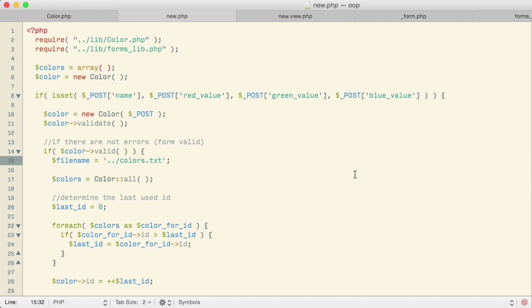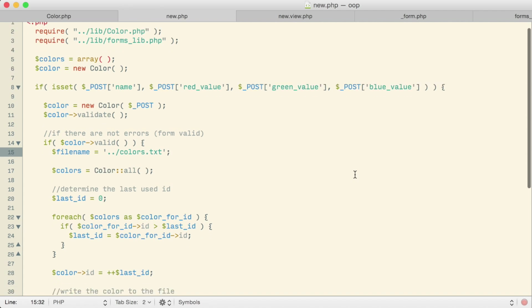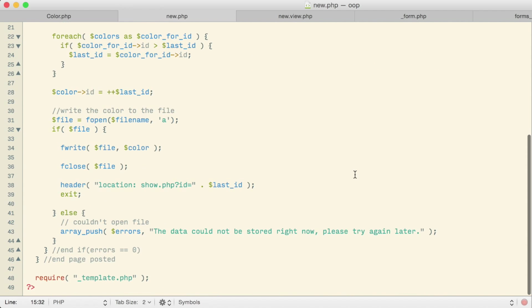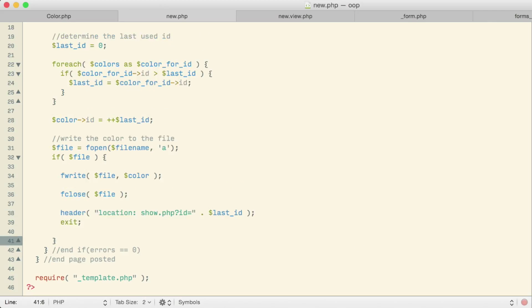There's probably a few other changes that we're going to have to make too because of that. Is there anywhere else in here that we're using the errors array? Looks like we are right here. Oh, that's an additional error that's being pushed into the error array. We're probably going to want to handle that a different way. I'm just going to wipe that out for right now.